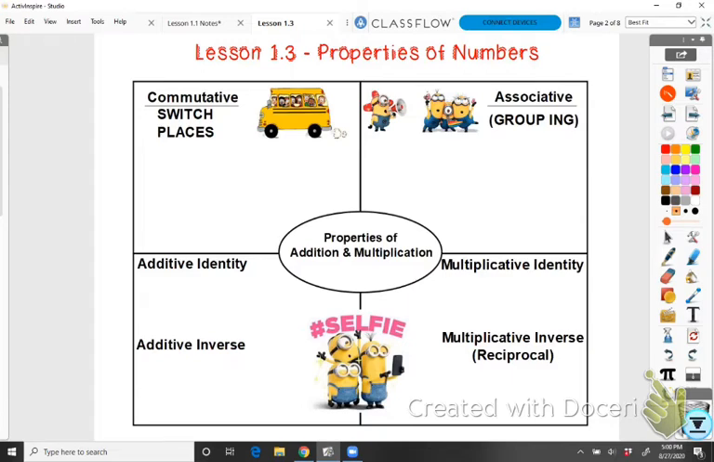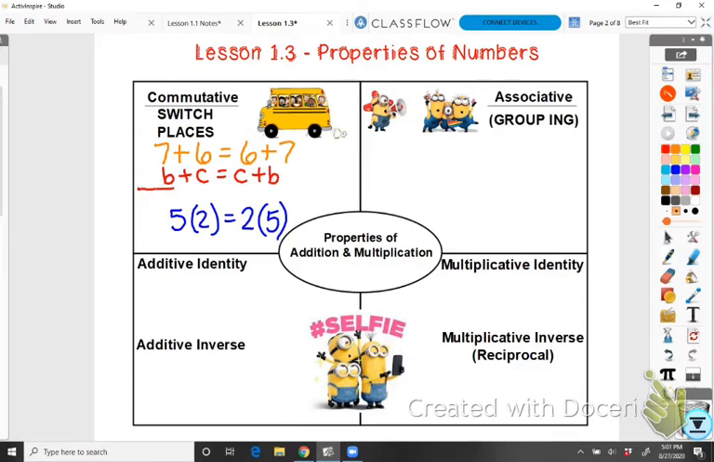So if we do an example with addition, I could add 7 plus 6, but on the other side add 6 plus 7, and that equals 13 on both sides. Likewise, you can multiply and switch the order. So 5 times 2 is the same as 2 times 5. Both sides equal 10. And you could substitute in variables as well. So for this one, you could say b plus c is the same as c plus b. And for multiplication, let's go x times y is the same as y times x. So switching places doesn't really change